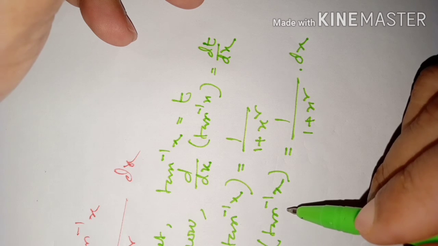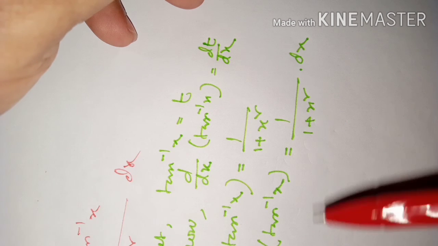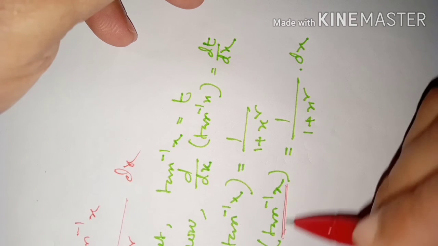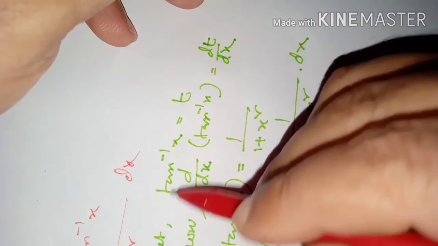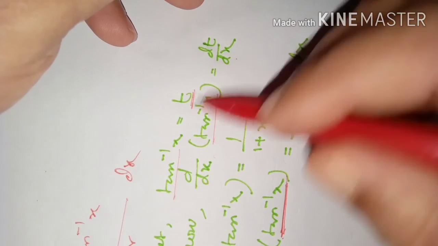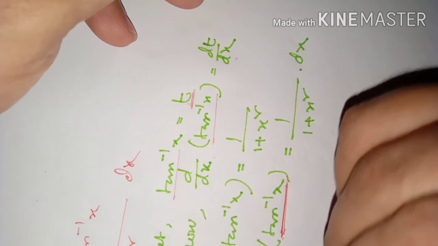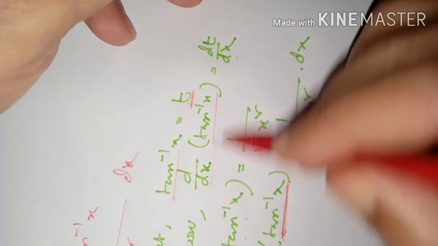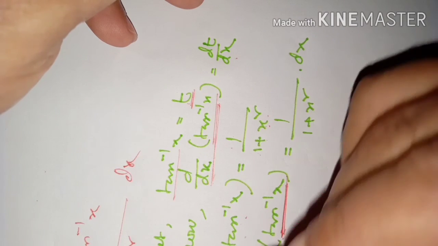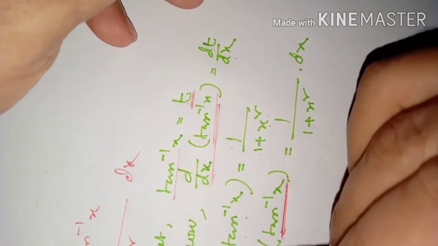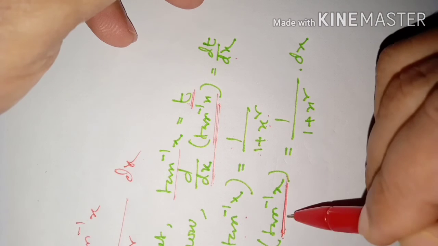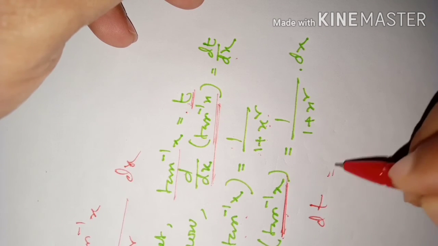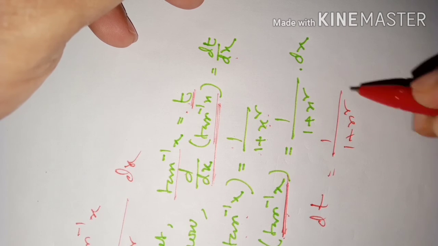Are you understanding what I am saying? Notice here, maybe you are getting a little confused because we are thinking of this as t. So d by dx of tan inverse x is dt by dx because this is t. Then d by dx of tan inverse x is equal to 1 by 1 plus x square because its derivative is 1 by 1 plus x square. So taking dx to that side, it will be like this. And this tan inverse x is t, we are considering the same. So this is ultimately dt only. So dt is 1 by 1 plus x square dx.